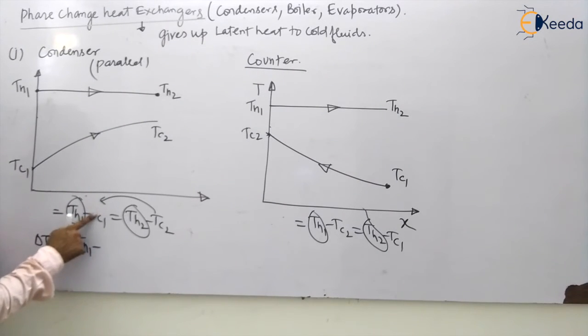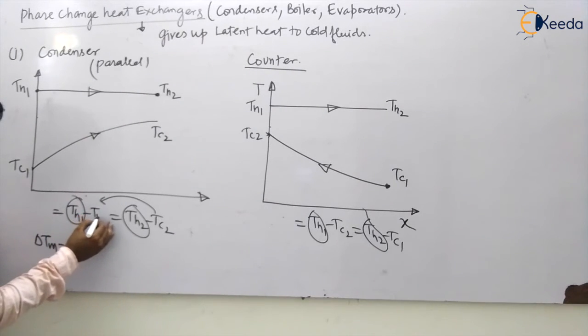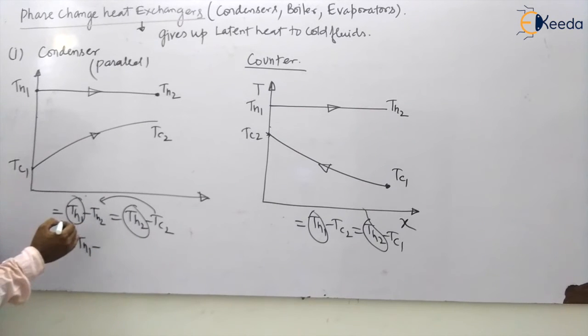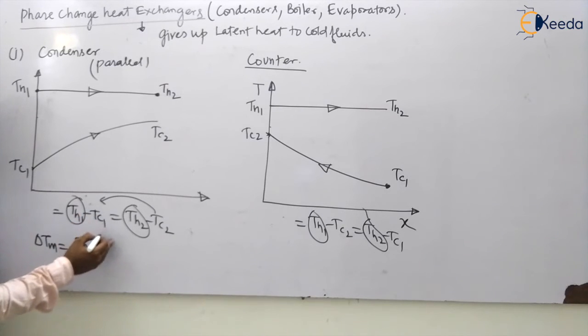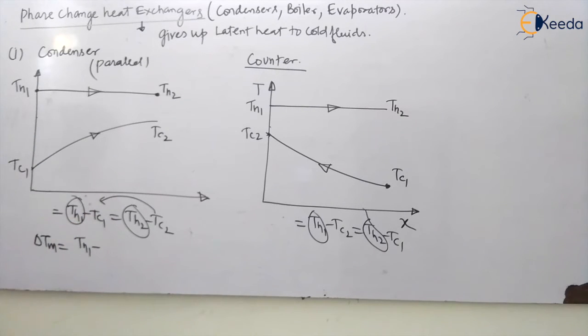So this must be like the change in temperature of TH1 or TH2 is equal to... okay, we have taken TC1 here. Good. So TH1 minus TC1 and TH2 minus TC2 will not be the same in this case. So what should we do then? So this will become TH1 minus delta Tm will be equal to this only. No, this will not be delta Tm because this is a phase change heat exchanger. So what will it become? Let us see.